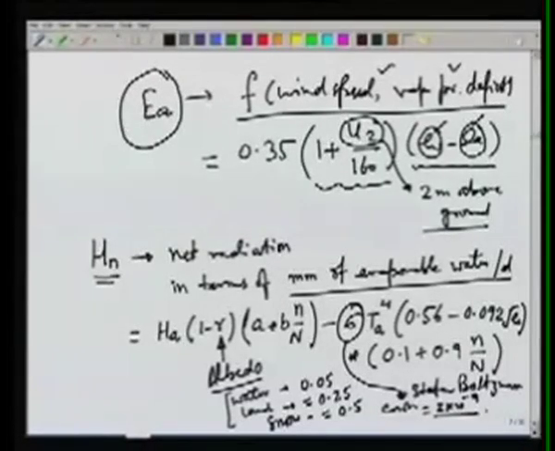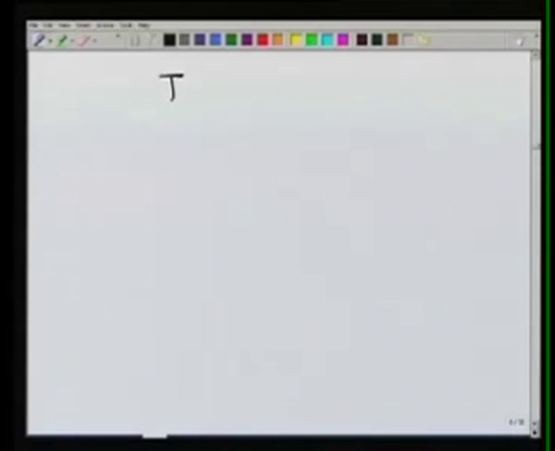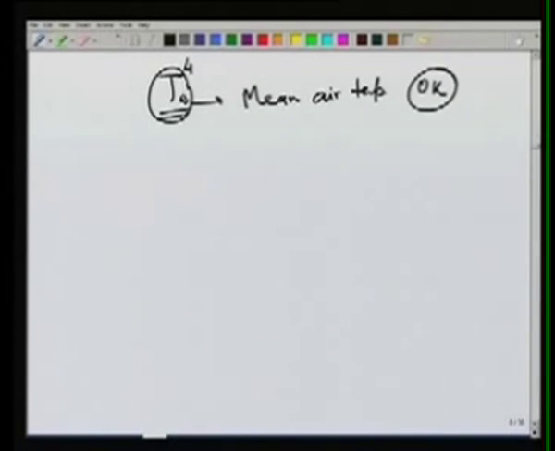So this sigma value is used in combination with the absolute temperature, and as we know it is TA to the power 4. So this TA is the mean air temperature in degree Kelvin. As we know the Stefan-Boltzmann equation, the radiated energy is proportional to the absolute temperature to the